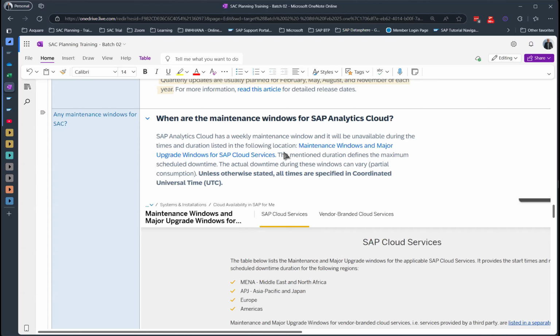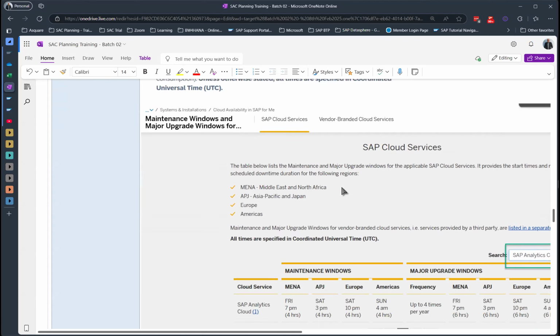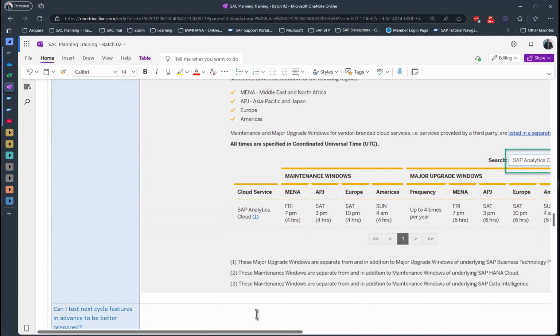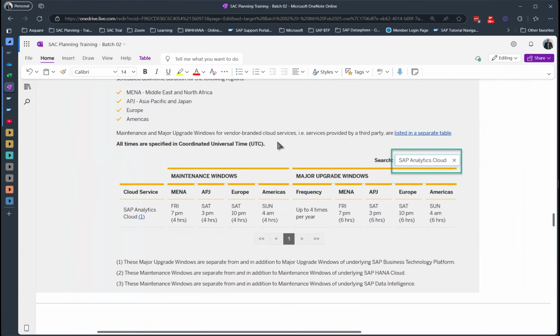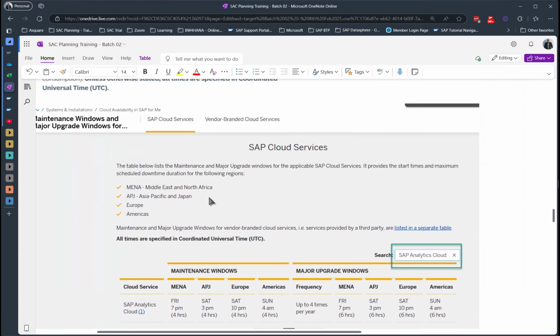Okay, after 2 weeks, we are introducing some new features, so we will take the system down. It will not be available, so please be aware of that. And you have a website where you can see the different maintenance windows and when they are planned. So these are maintenance windows and these are major upgrade windows. Major upgrade means QRCs. Maintenance windows means smaller, minor releases or fixes and patch upgrades and things like that. So you can very easily get that as well.